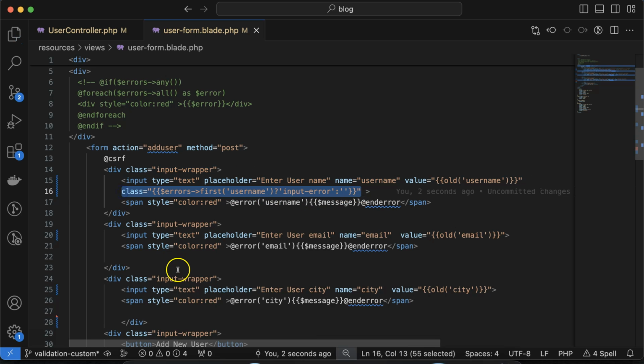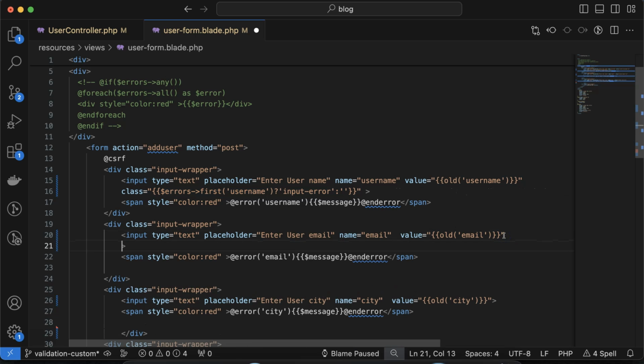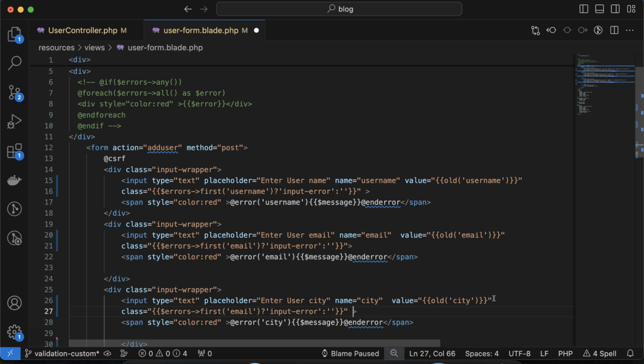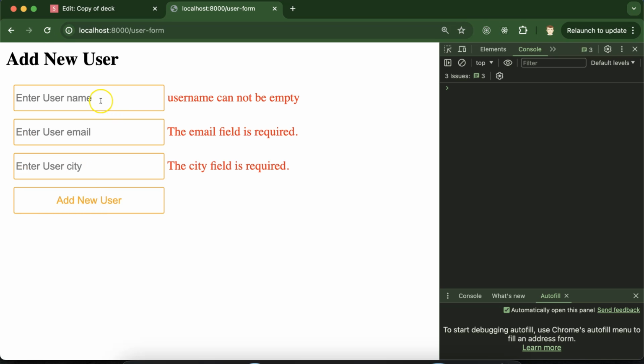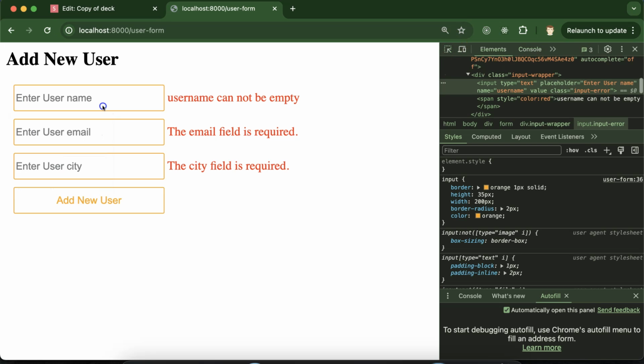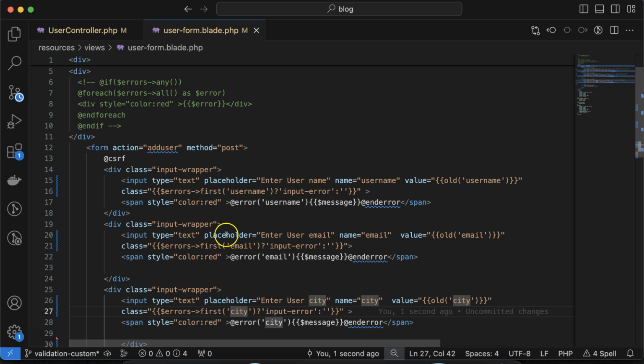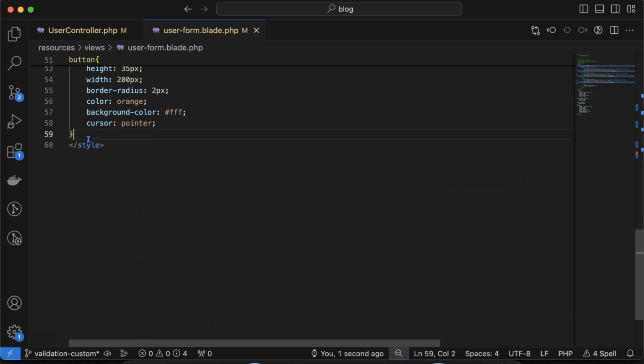And now you can do it with each of the input fields, for email, and the last one for city also, right? So now if I'm just clicking on there, then you will find there should be a class, and the class is input error. And if there is no error, then there is no class, right? So what we can do, I can apply some style over there, dot input error and